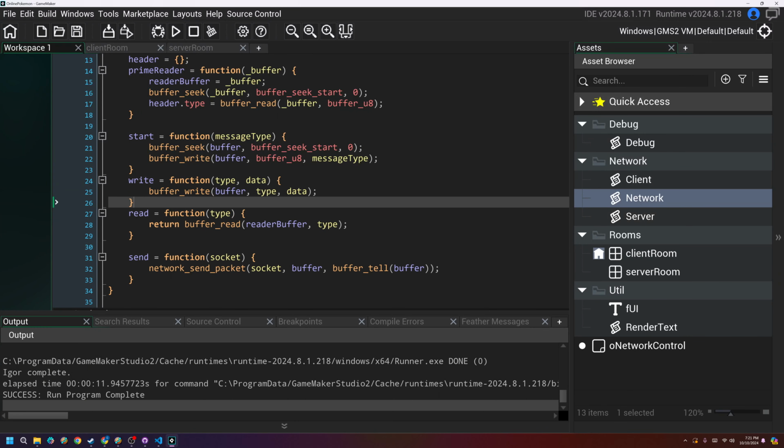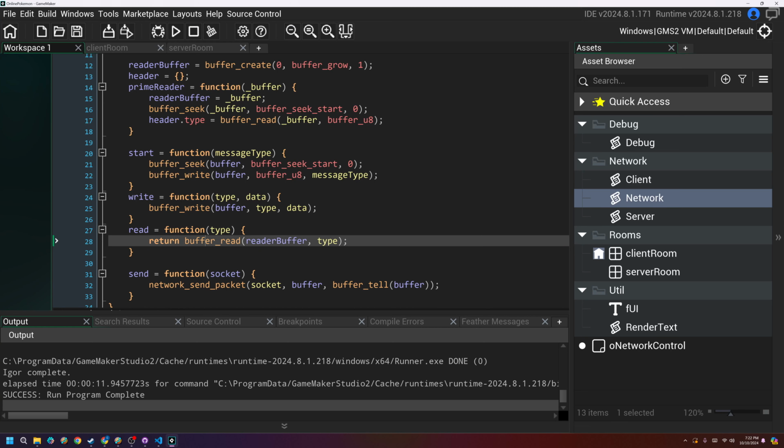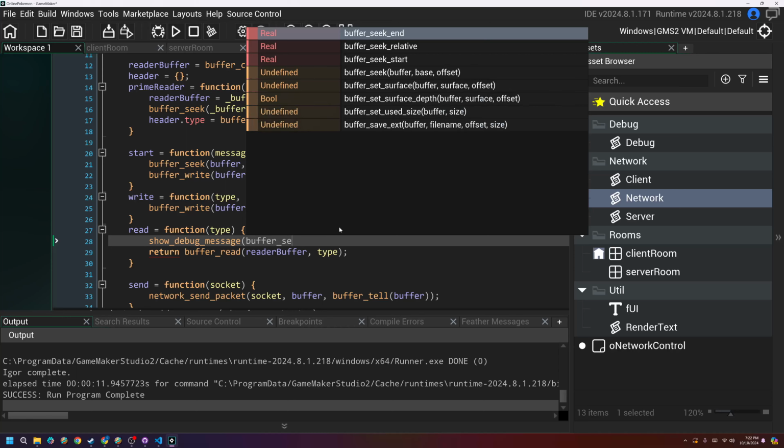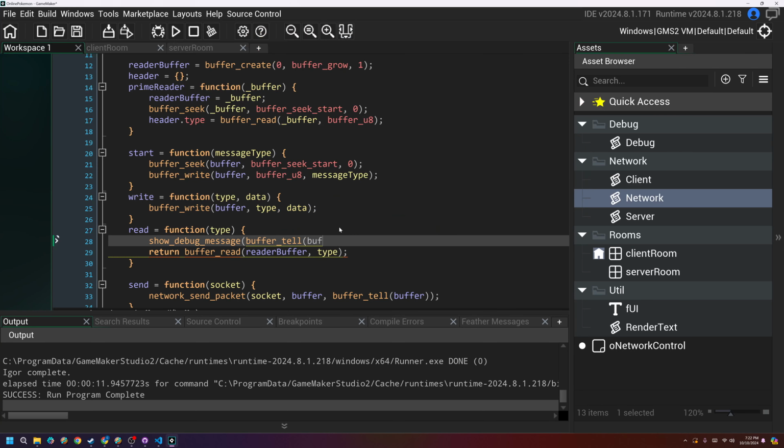So I could see debug.log, and that's not going to work because it's crashing, but I could do a show debug message instead and say buffer seek or buffer tell buffer, and not the buffer but the read buffer. And so what this is going to do, it's going to tell me am I beyond what I'm supposed to be at. So if I execute this,